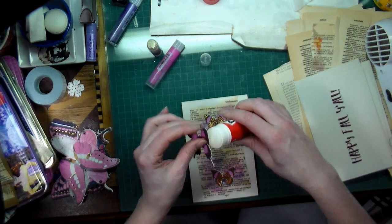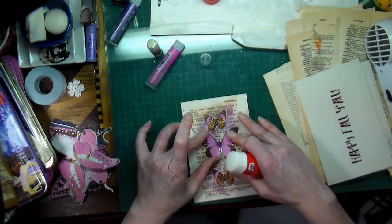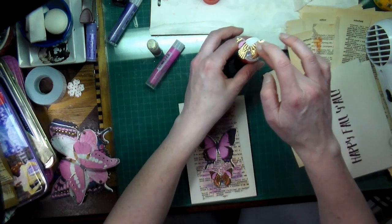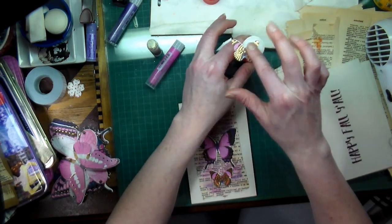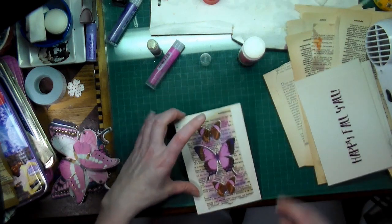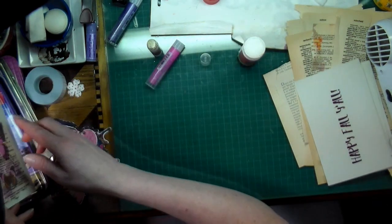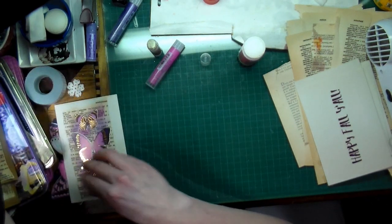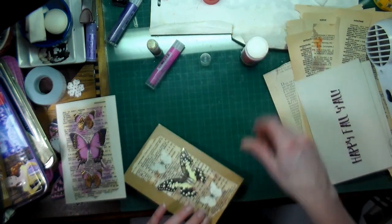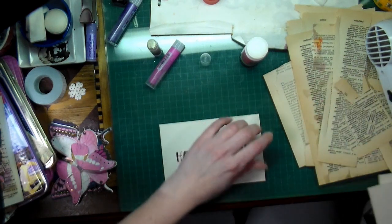Why is it not sticking, this one? Maybe because it's still a bit wet. And it's not liking sticking on a wet surface. Got a feeling that that's the reason. So that's one. Oops, I'm seeing that this lifted. Let's just stick it down while I see it. Okay, so then for this,